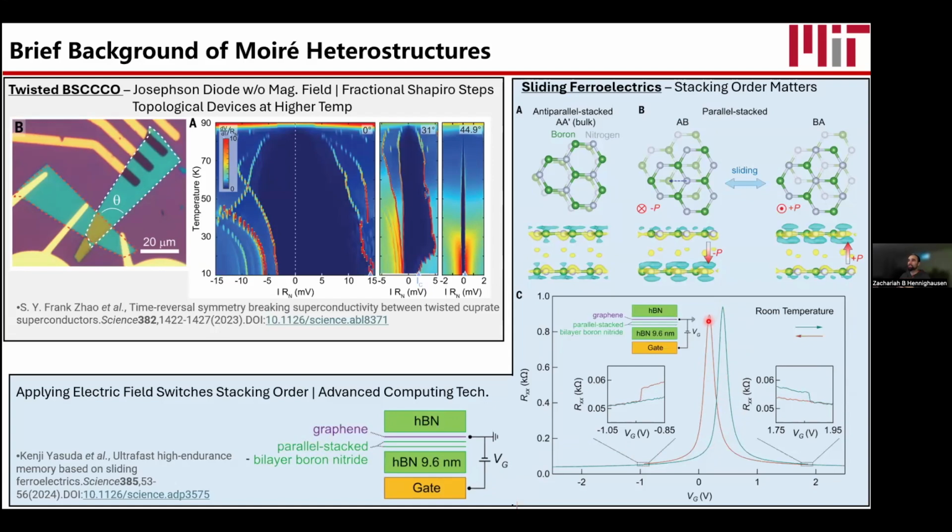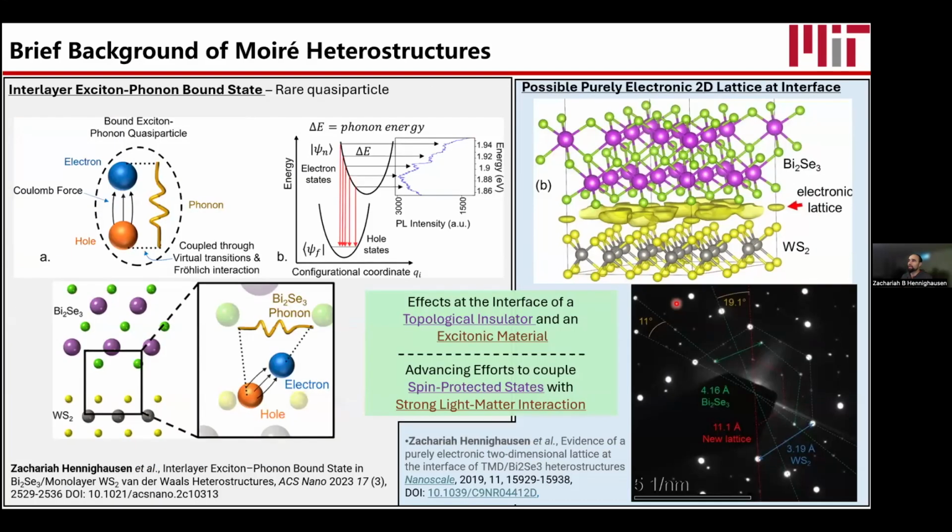And they actually then showed it has some major implications for advanced computing. I think it was insanely fast switching speeds, like nanosecond, limited by the equipment, which didn't allow them to check even faster. And they also showed something like 10 to the 11 switching cycles, and it still had pretty good performance. So I encourage everyone to read that paper. It's pretty recent, but it's a stunning finding and very application and industry friendly.